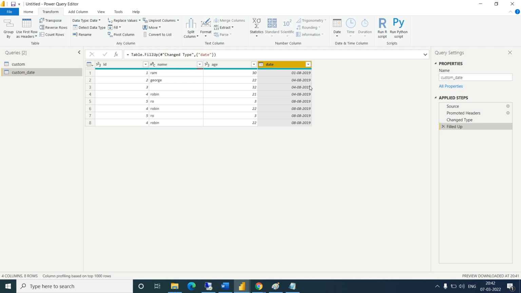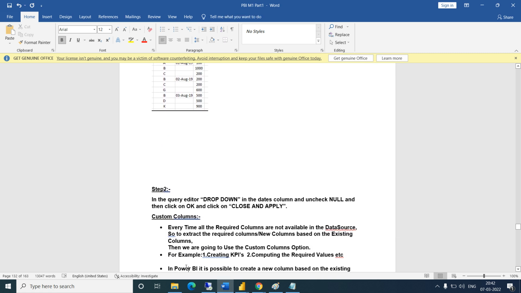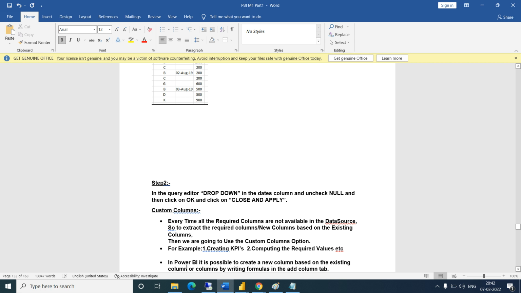If you have practiced this already, you know very well what each and every feature is used for, and then you will definitely be able to answer this. They will always ask in scenario form; they never ask what is the use of this. They just give you a scenario, and you have to tell them what you need to do. Understood now, everyone? Yes. So this is fill up and fill down, that's it. Mostly the interviewer will ask you this question. This is a common question I have seen till date.